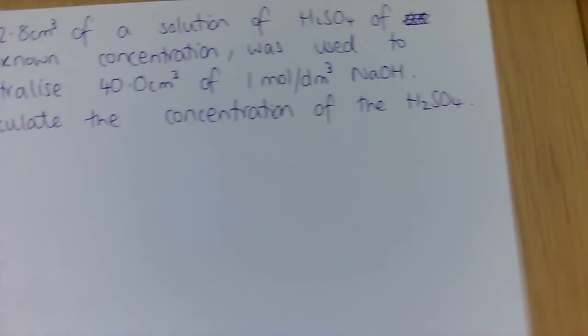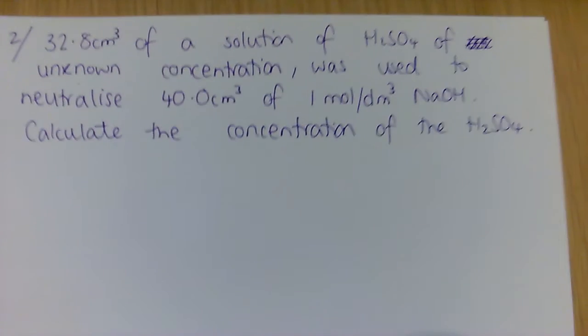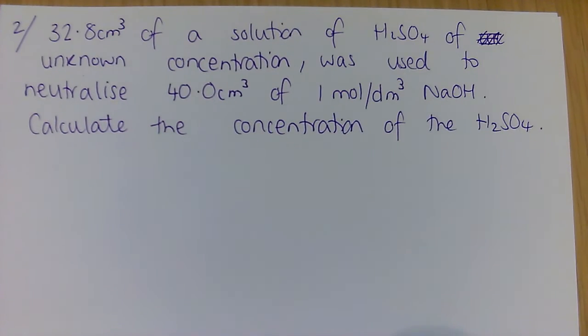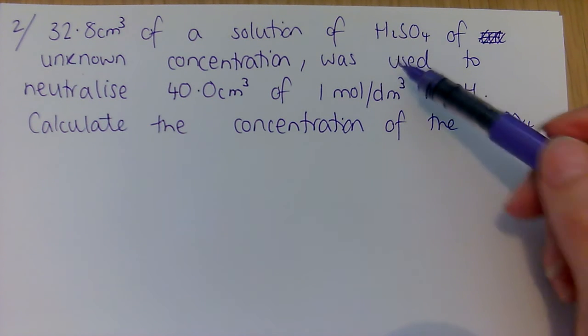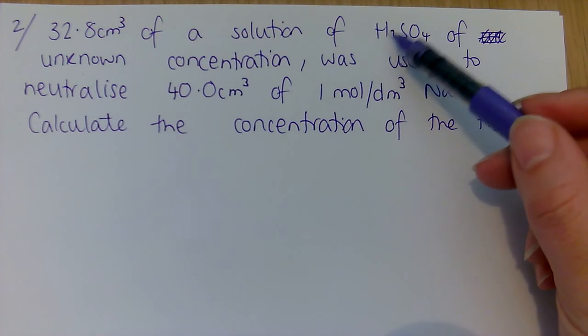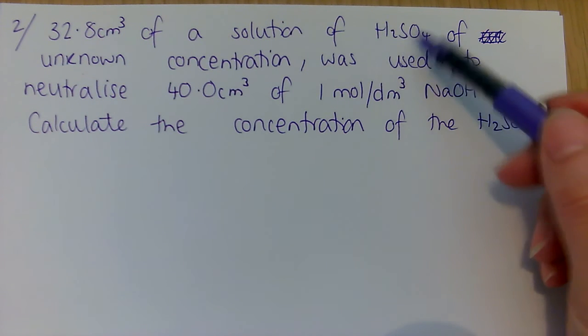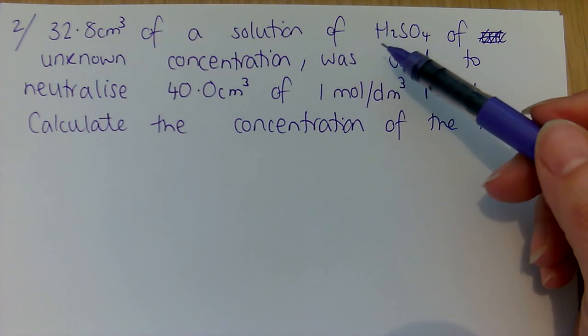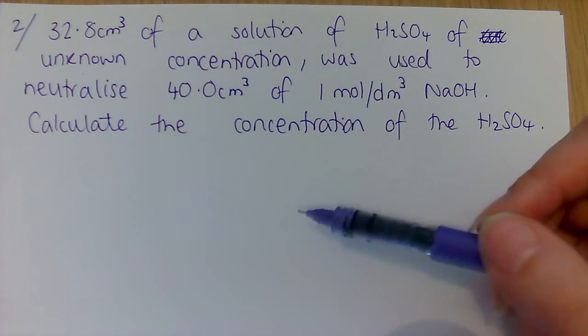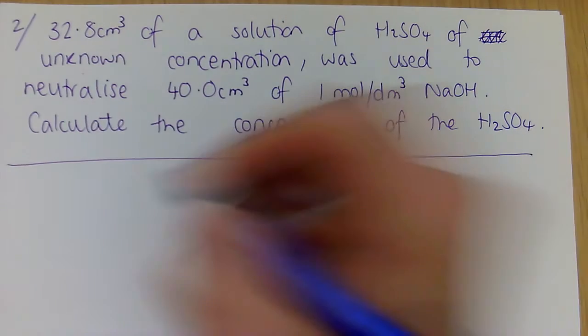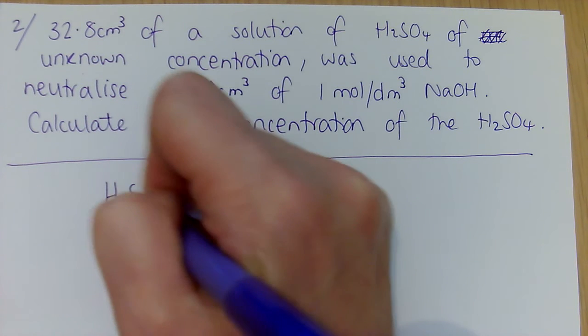So I'm just going to go through one more with you. And this one is slightly different. I want to show you this one because when we use something like sulfuric acid, you can see from the formula for sulfuric it's H2SO4, we call that diprotic. It's got 2 protons in there, 2 hydrogens, and that's going to affect the stoichiometry of the equation when you balance it. If we write a balanced symbol equation for that,